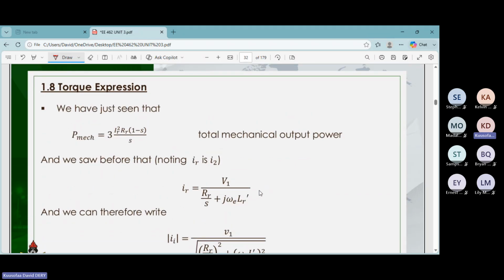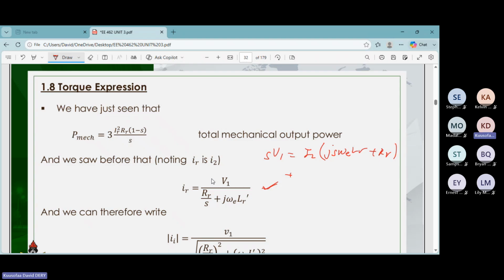So we've also seen this relationship before, the ones relating the rotor current to the voltage. So the one that we had, SV1 is equal to I2 (jS omega E LR plus R), where we divided through by S. And we made this the subject. So from this expression, we make I2 the subject and you divide through by S. You are going to come up with this expression. So this is the current that will flow through the rotor